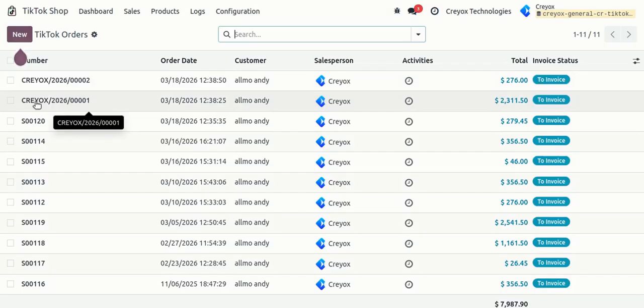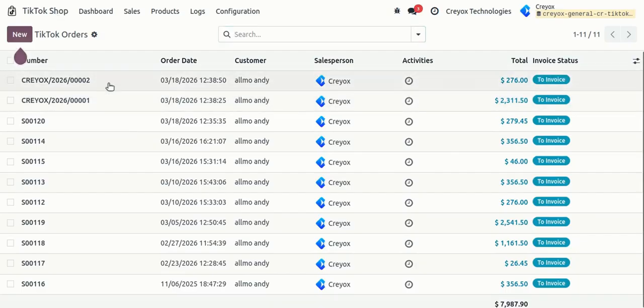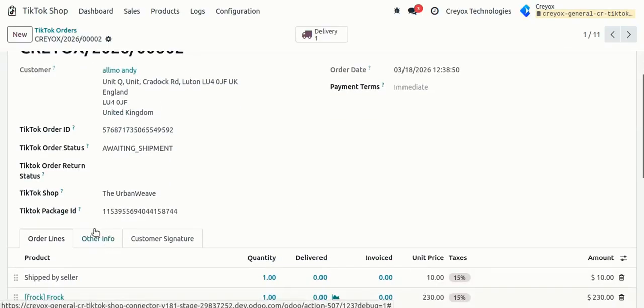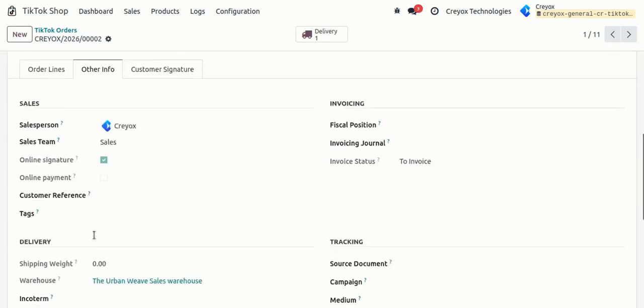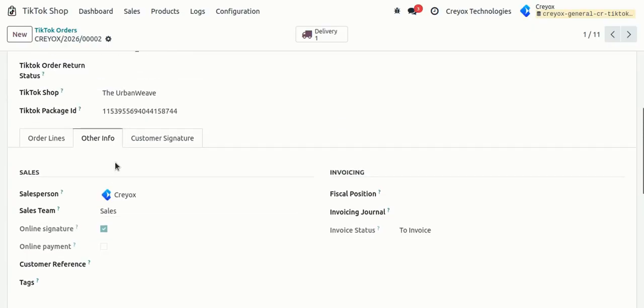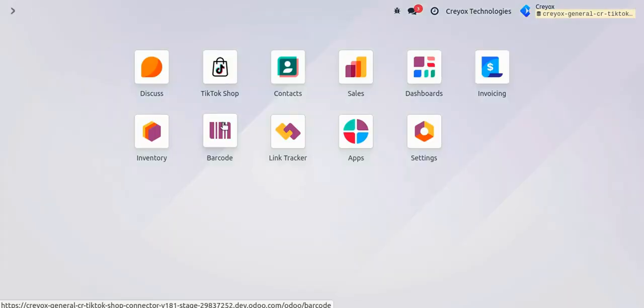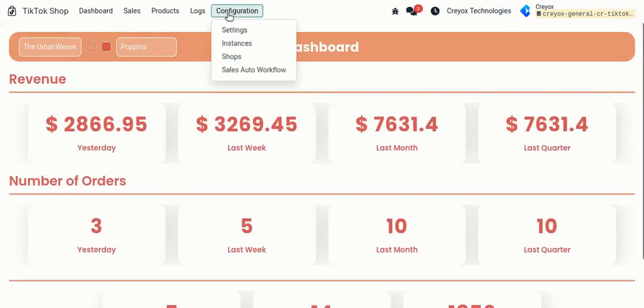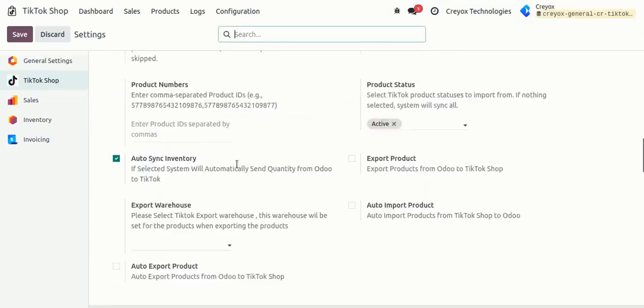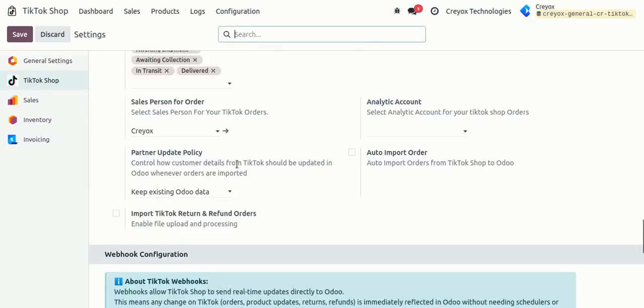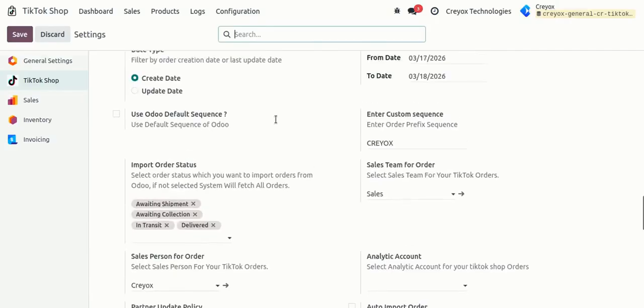So this way you can change the prefix as well for your TikTok orders if you want. In this also the salesperson and the sales team will be assigned if you have set it in your settings. The next thing is, this was something related to importing the orders manually, but